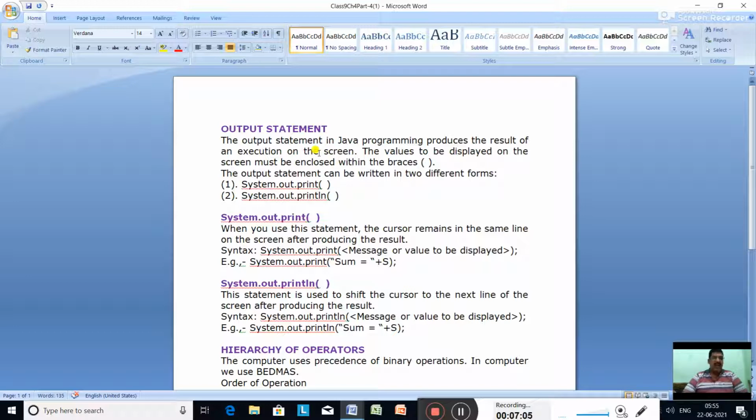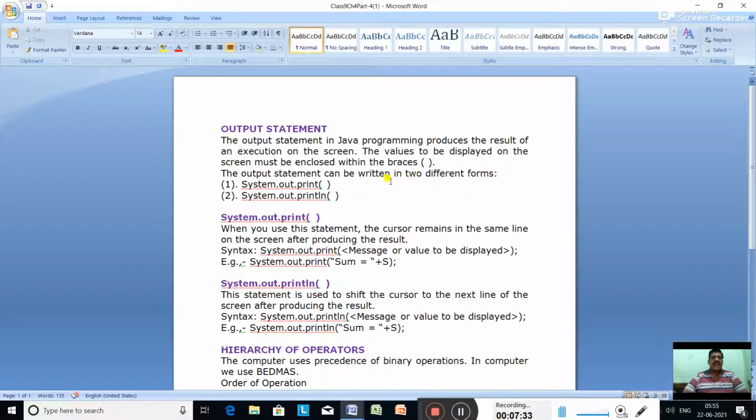The values to be displayed on the screen must be enclosed within the brackets. However, it is also used to display a message while entering a value into the computer. When you do the inputting, at that time we can display a message like System.out.println("Enter a number"). It makes the appearance more user friendly.